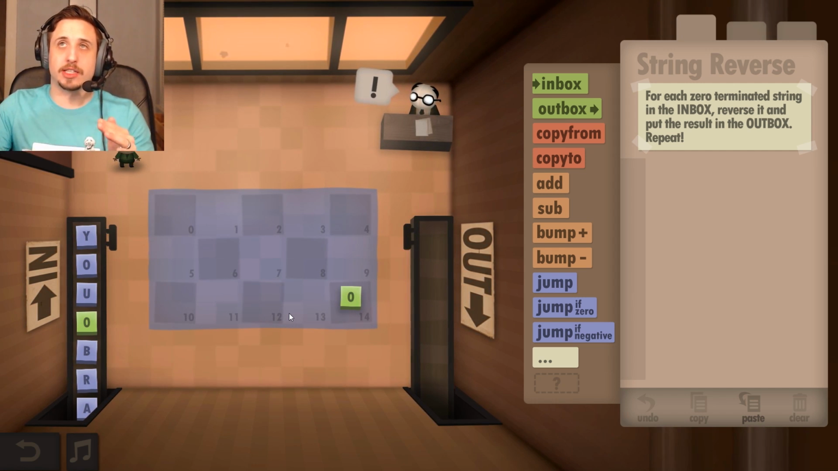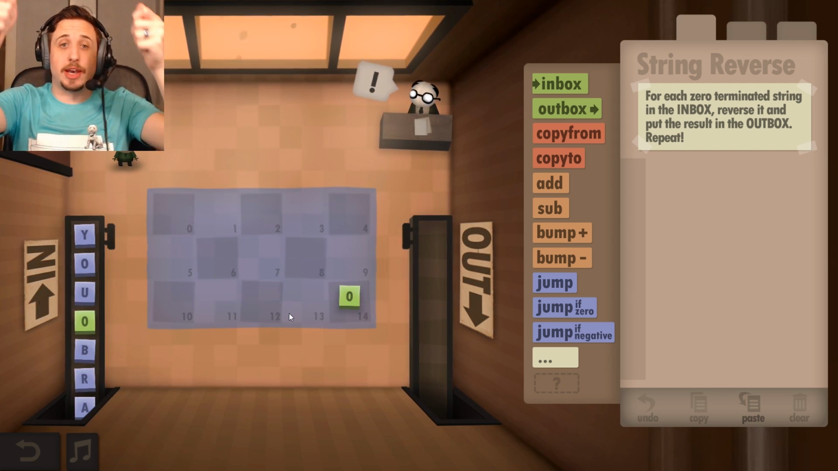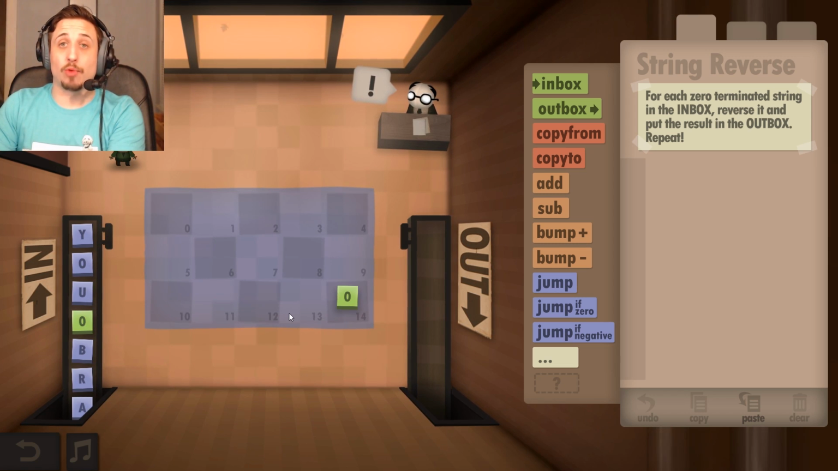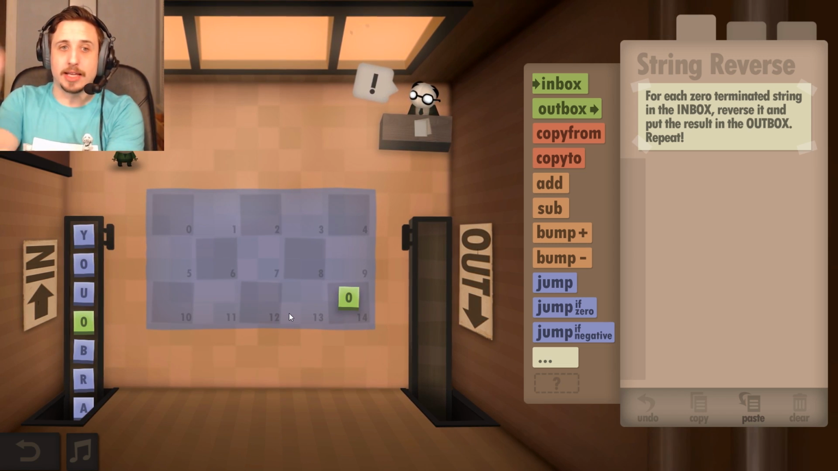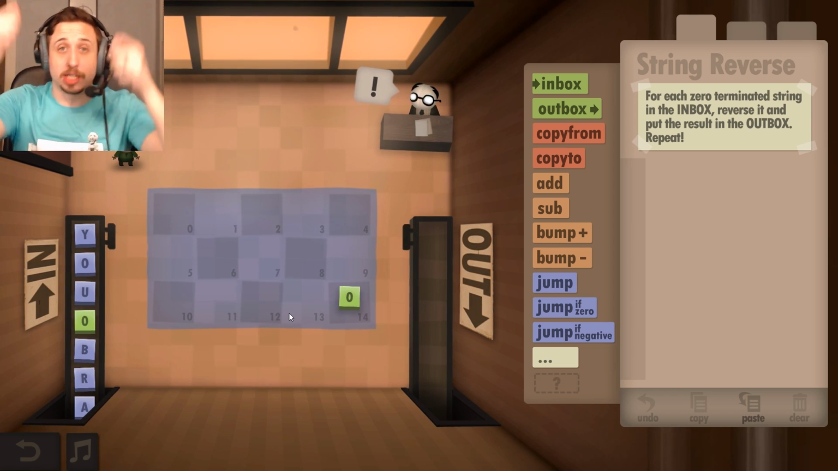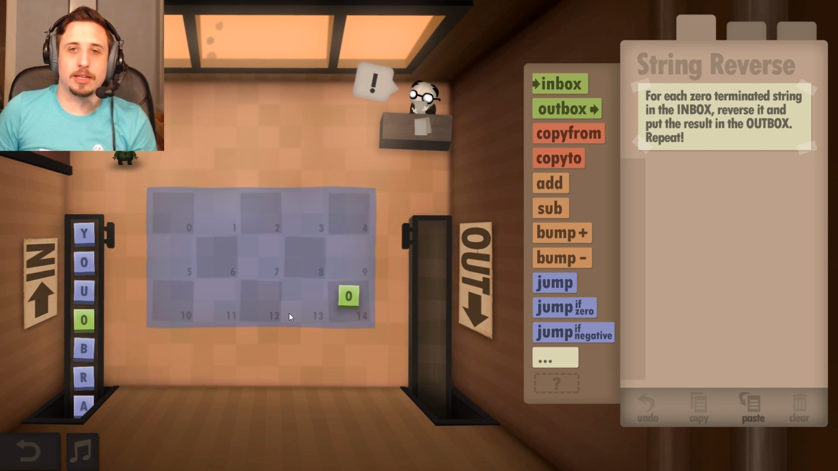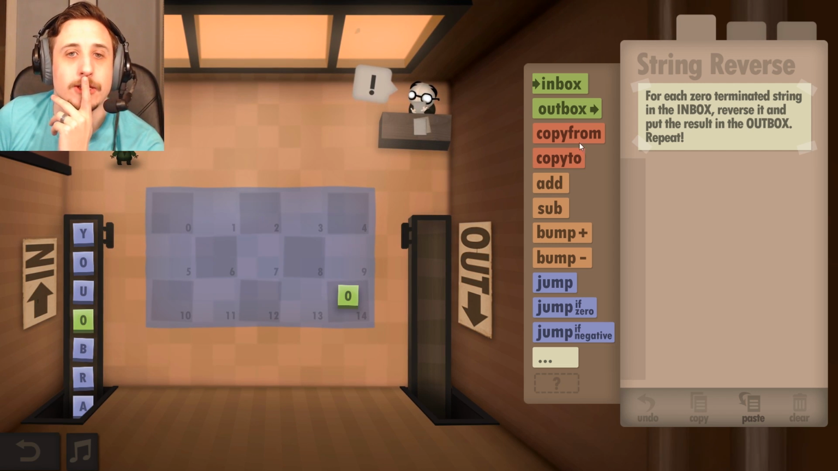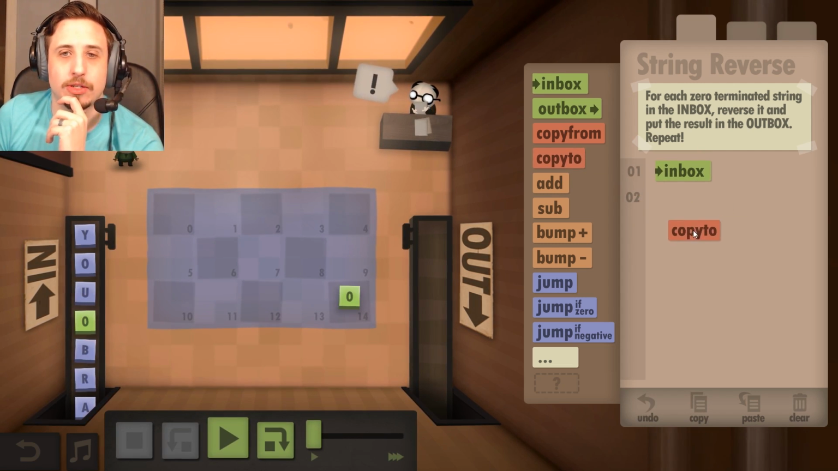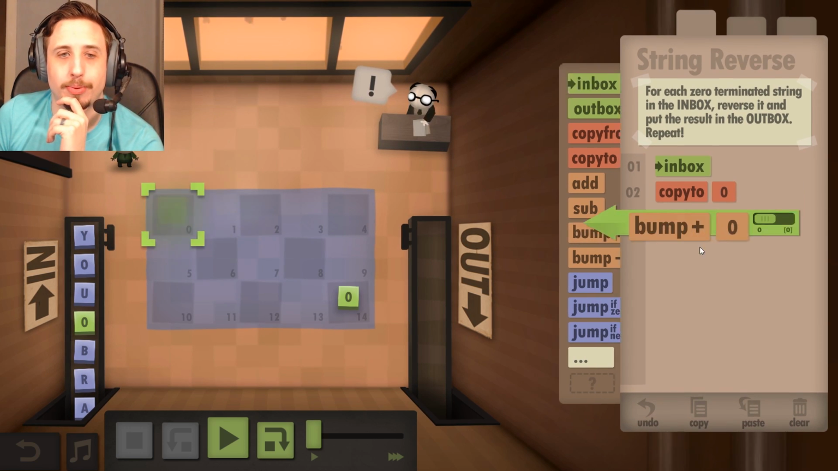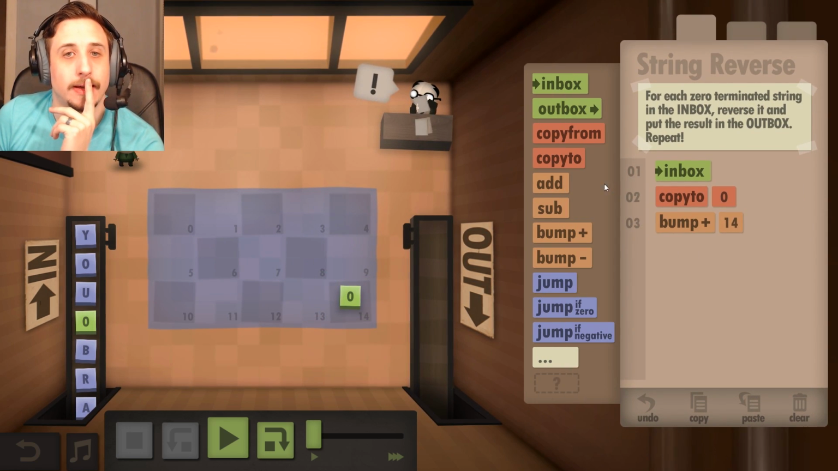Yeah, and so then that's like the next stage. Once I pick up a 0, I go back to the spot that I'm referencing, so 14, and I start subtracting down until I'm at 0 again. And then I go back to the inboxes. Okay, got it. So inbox, copy 2, 0, bump, 0, and then